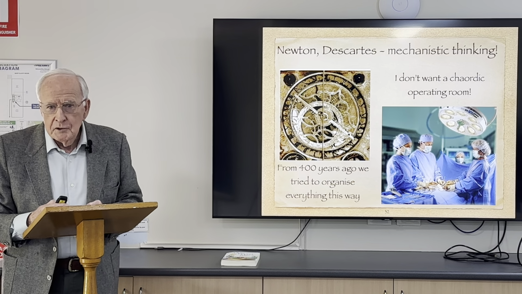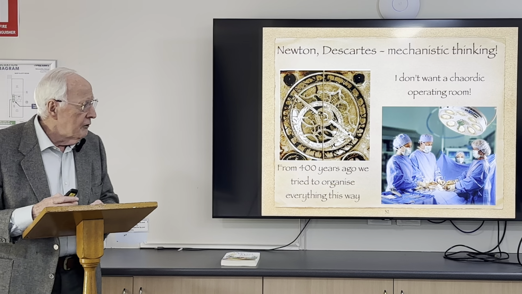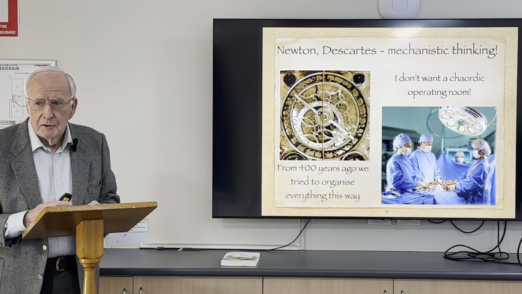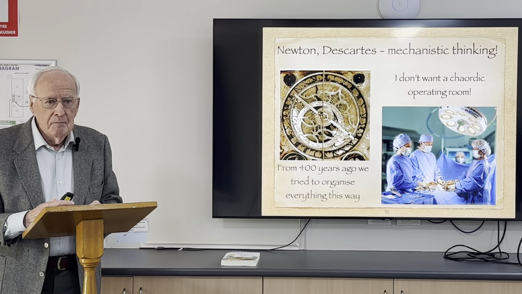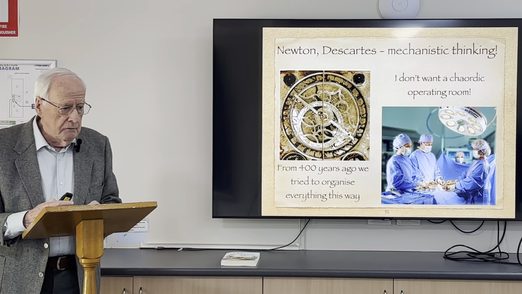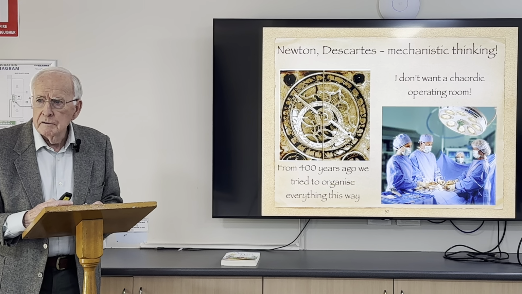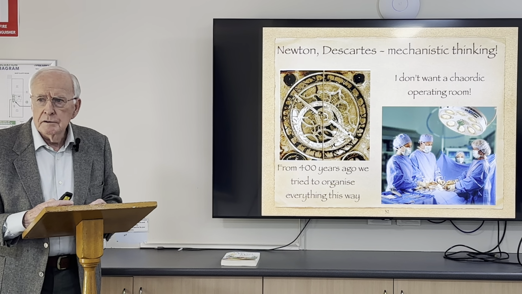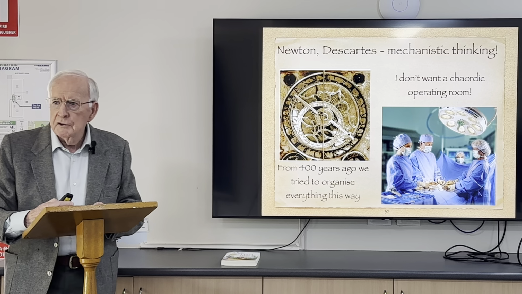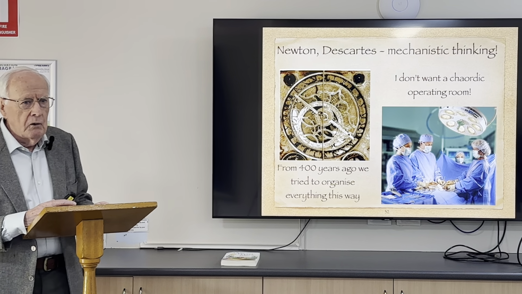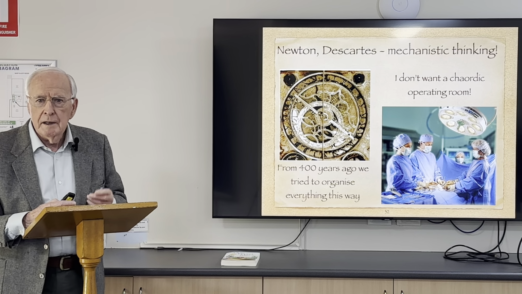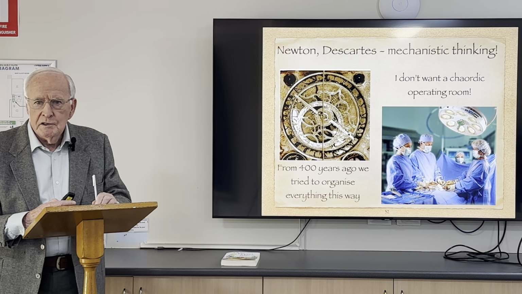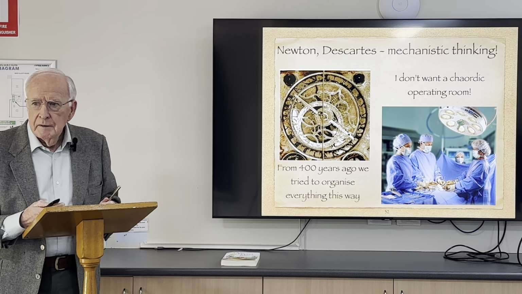Now, on top of that, you don't want a chaotic operating room. You want it very, very organized. But on the other hand, in operating rooms, you get egotistic surgeons treating nurses very, very badly. In language and hard work, you find that junior doctors have to work 16-hour days or 32 hours without a break. You get all of those things happening too. So it would be better to have chaotic organisation, which somehow works this much better.